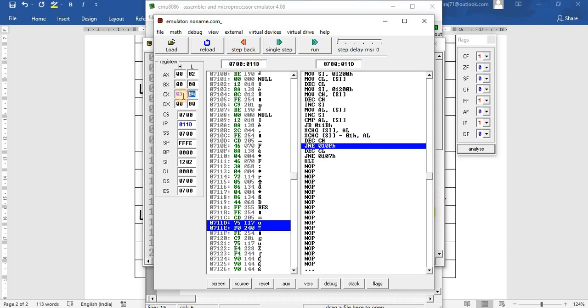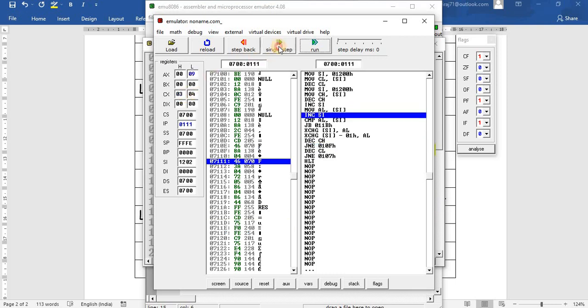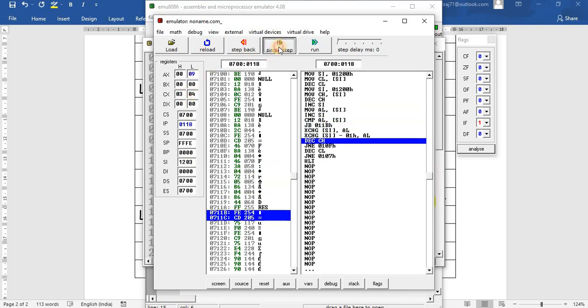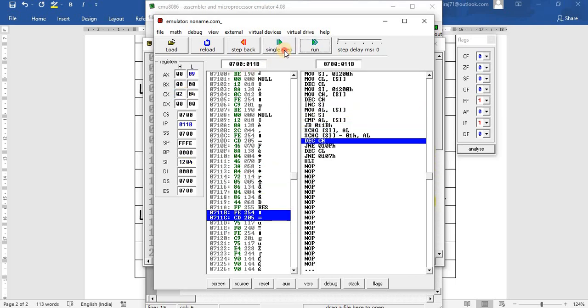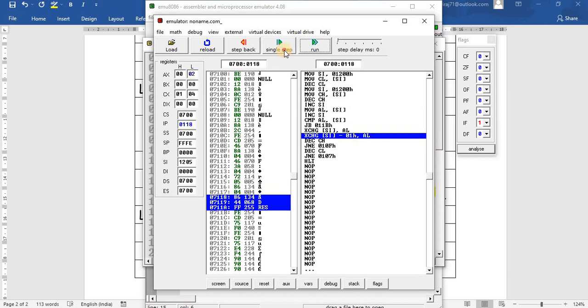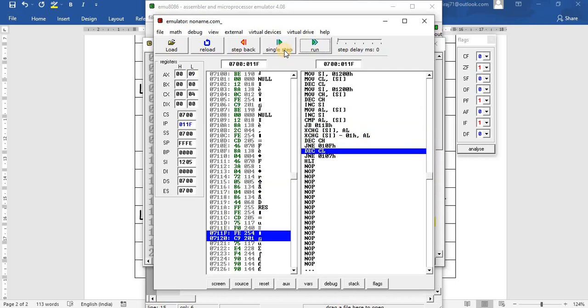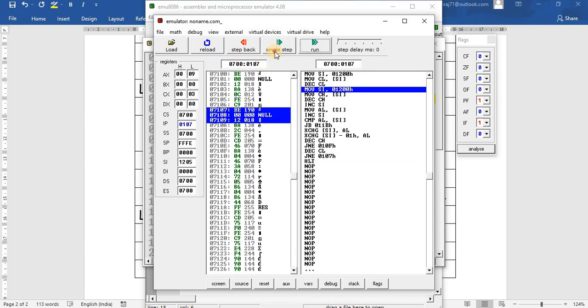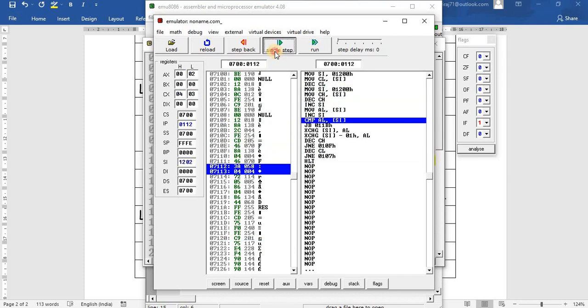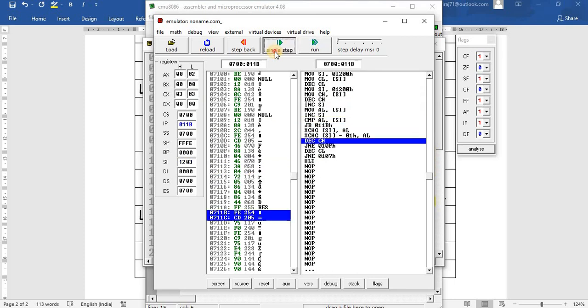So in the first iteration we are doing n-1 comparisons. So 3, and once again it will happen. You can see here, if you monitor CH, 2, and then once again 1. So when CH becomes 0, it will decrement the iteration counter to 3. So now it will do the second iteration. Once again it will repeat the same process.